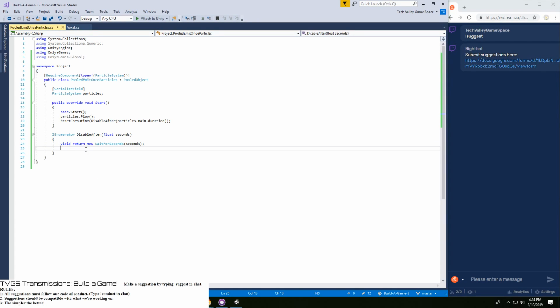And then the pooling manager dot return to pool game object. Or alternatively this. I think that also does the same thing. Yeah, it pretty much does. Okay, cool.